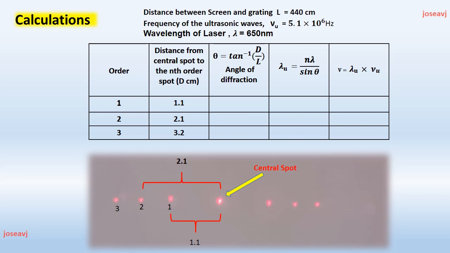Then you can find lambda_u using the relation lambda_u is equal to n lambda divided by sin theta, wherein n is the order of diffraction, lambda is the wavelength of laser, and theta is the diffraction angle. And finally, the velocity of the ultrasonic wave